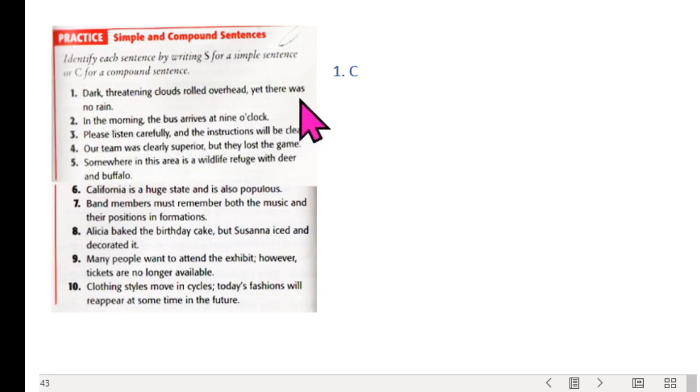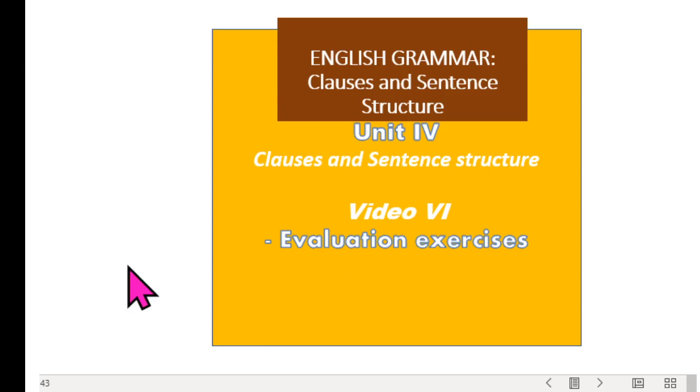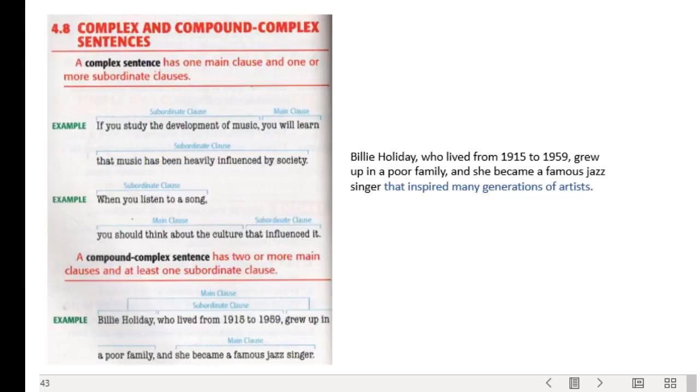So we have two subjects. We have two complete clauses. Because to have a complete clause, you need to have one subject. So number one is C, compound. You complete the other ones. There are some evaluation exercises here, and